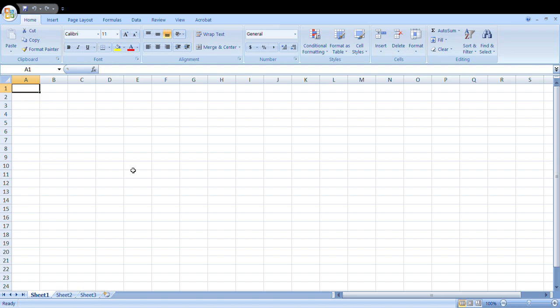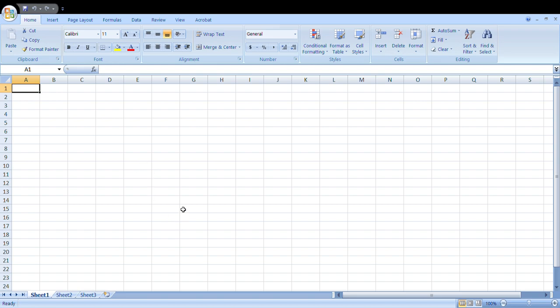this software. So basically Microsoft Excel is a mathematical and arithmetic or logical type of software that compares the values, that adds, subtracts, multiplies, divides. It has a lot of mathematical and logical functions. So